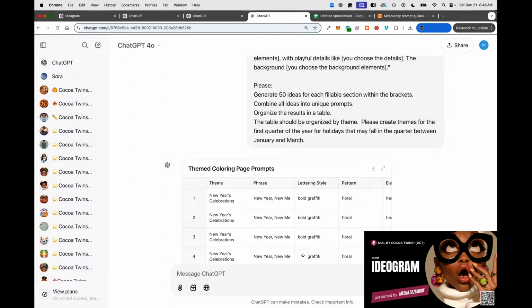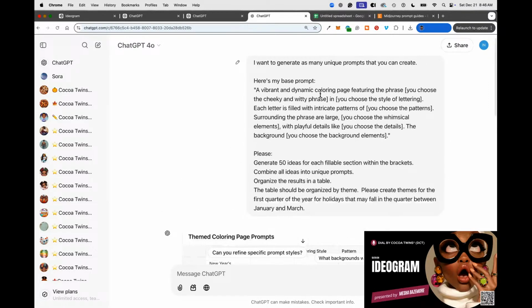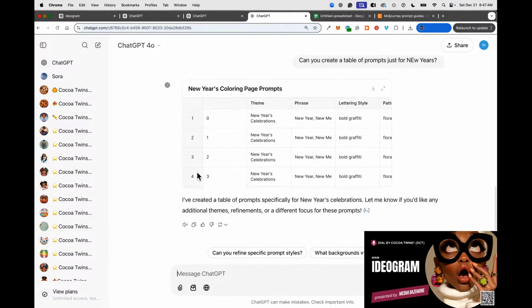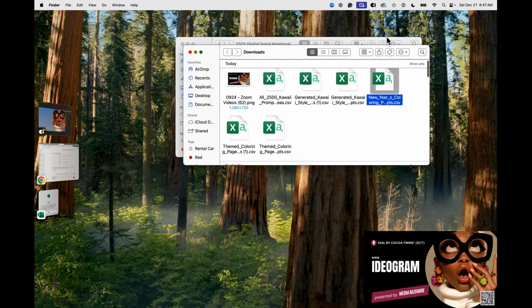A fillable base prompt. A fillable base prompt is a prompt that will allow you to create several prompts. So you take a prompt that you like, you create fillable sections, like right here where I said, you choose the style of lettering, you choose the witty and cheeky phrase, you choose the patterns, and ChatGPT will choose it for you. All right. Now I'm going to download the New Year's table of prompts to see if it gives